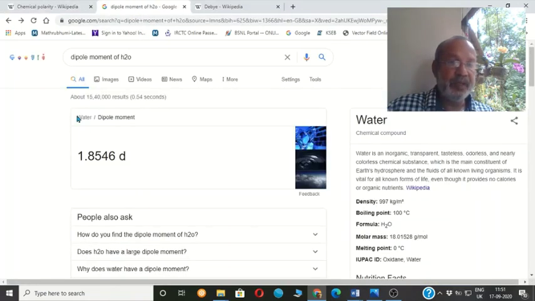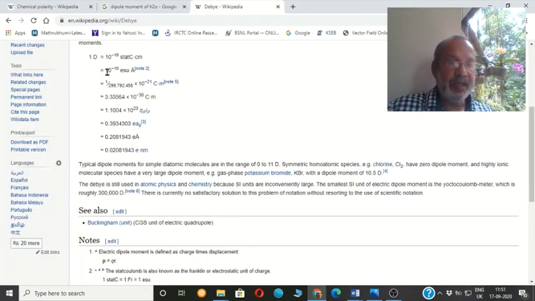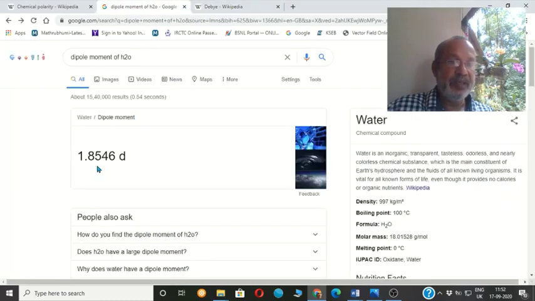So in this direction, in the downward direction, we will have a dipole moment. The dipole moment of water is 1.8546 debye. And 1 debye is 3.33 into 10 raised to minus 30 coulomb meter. It will be coulomb meter in SI unit. Q into 2L is the dipole moment, so Q is in coulomb and 2L is in meters. So it is coulomb meter, and the dipole moment of the water molecule is 1.85 debye.